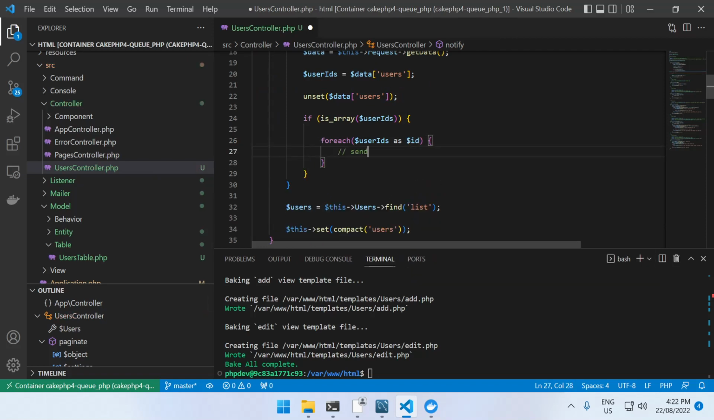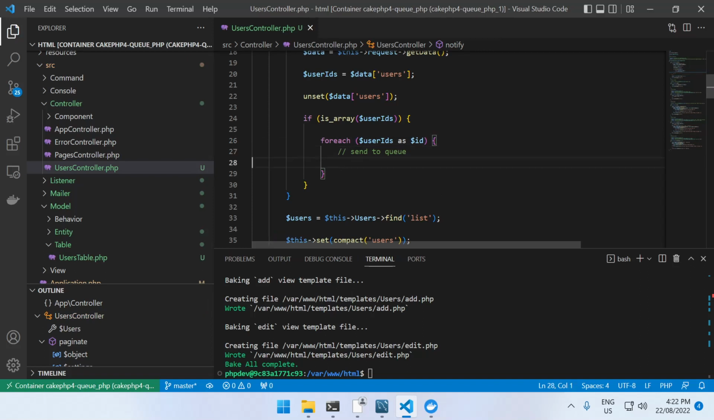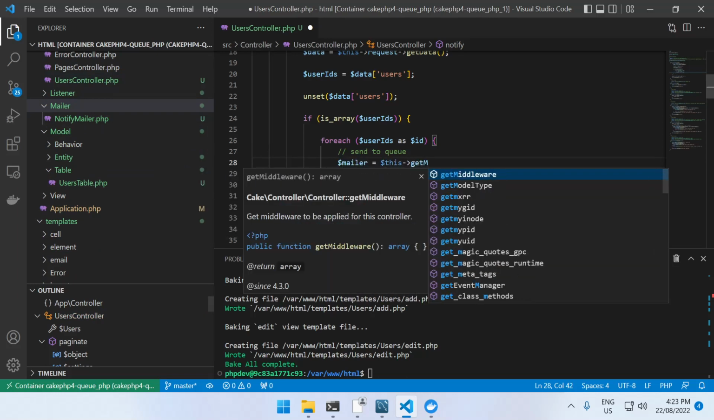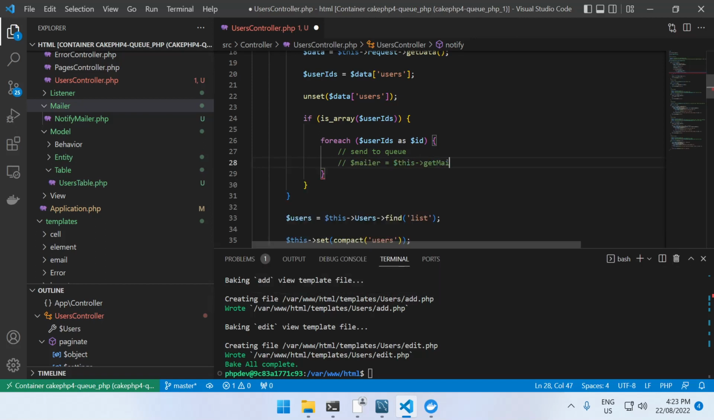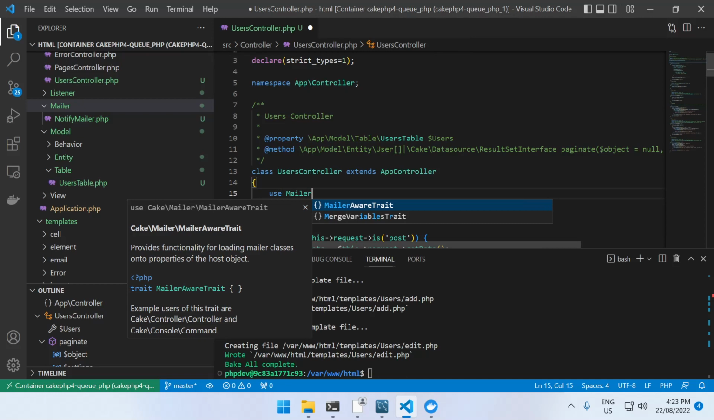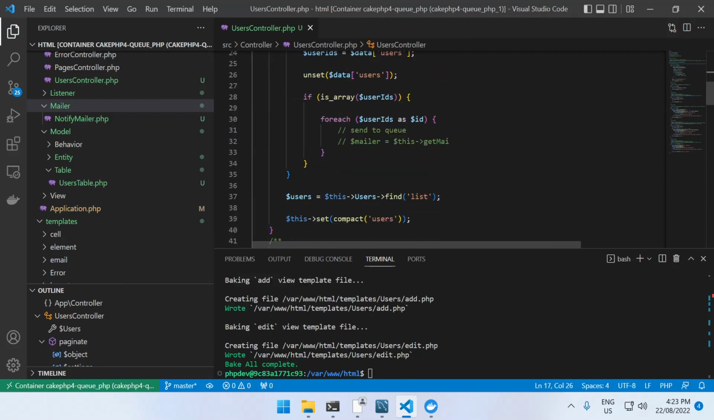Now we want to send to queue here. So what do we need to do? Well, remember we created a mailer here, a NotifyMailer. We need to get hold of this mailer. Mailer equals this get mailer. Now there should be a method there available, but it's not because we've yet to do this. So we need to say use mailer aware trait, and this will allow you to get hold of a mailer from it wherever you need it. Tell us the mailer name,